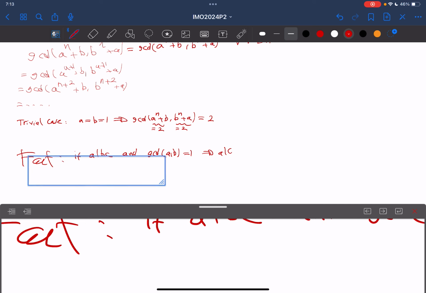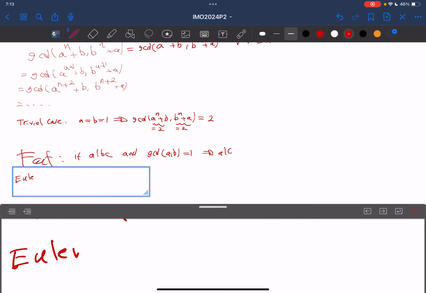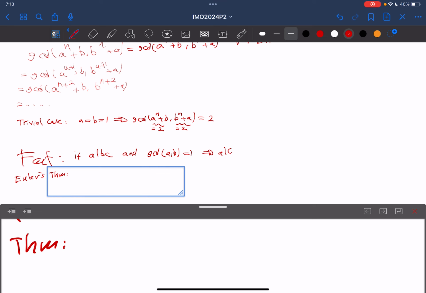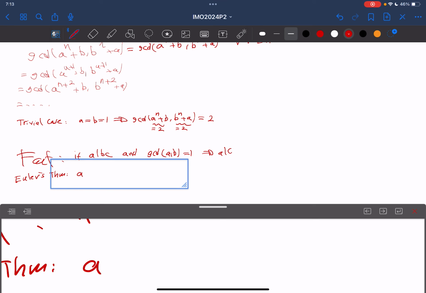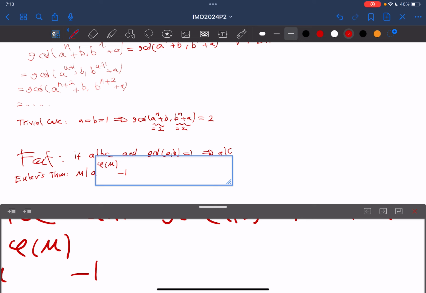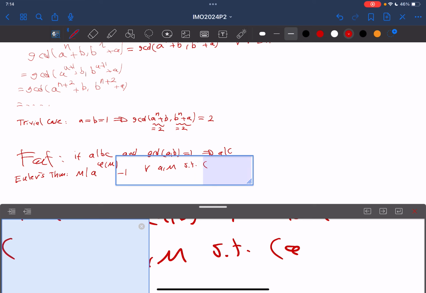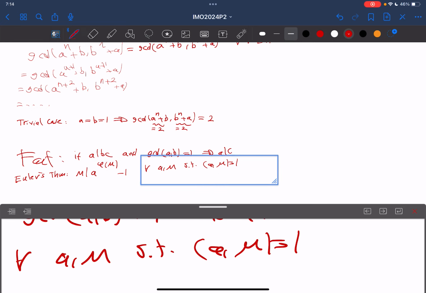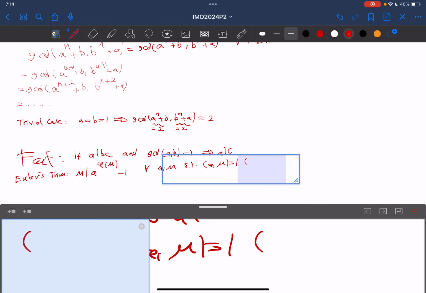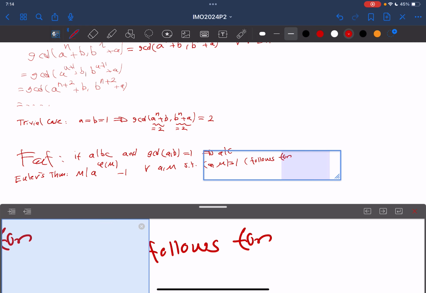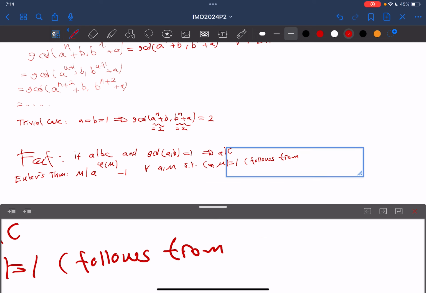And the other fact, which is known as Euler's theorem, is as follows: m divides a to the power of phi(m) minus 1 for all a and m such that a and m are coprime. These are well-established facts. I'm not going to prove them, but this basically follows from